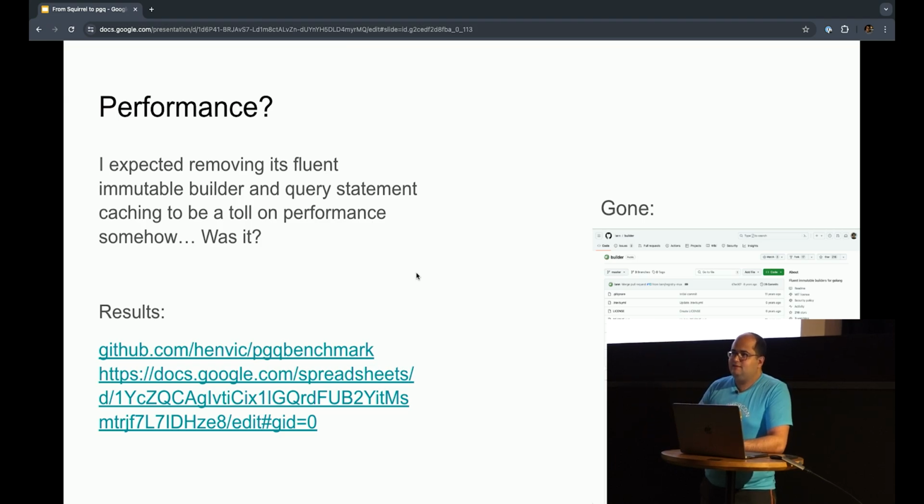But Squirrel tries to do some caching. They try to be wise about it in a way that I feel isn't helpful for two reasons. First, because as we are going to see, maybe it's not really helping. And the second, even if it's helping, let's suppose this, it's not really where the bottleneck is if you are communicating with the database.